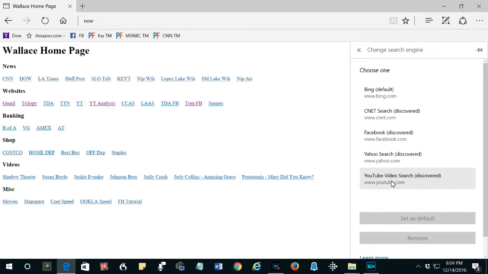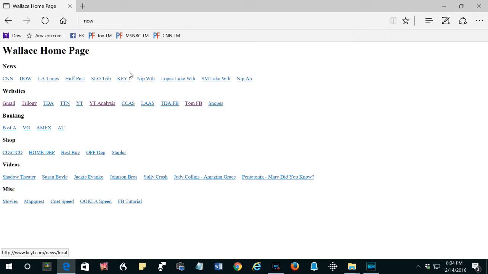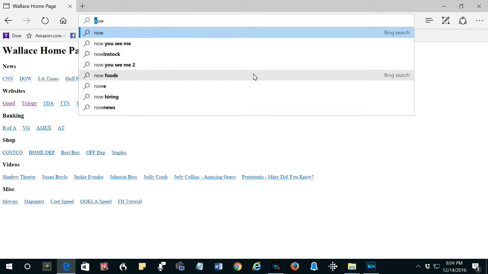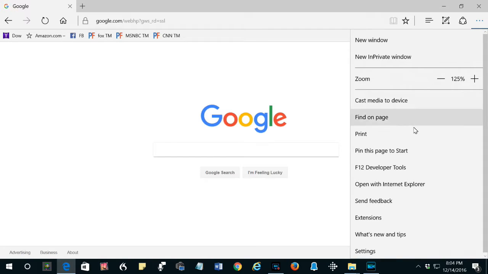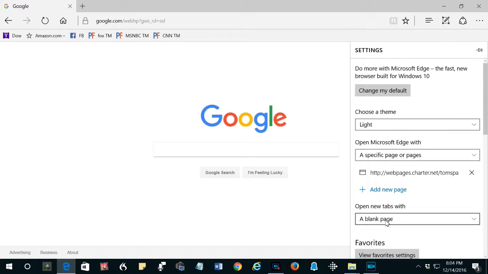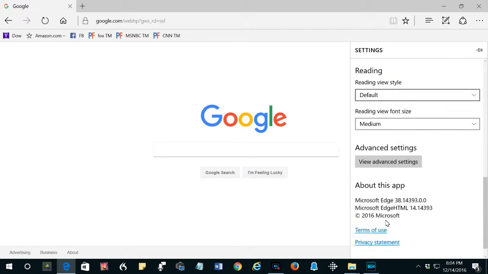So what we need to do is close the pop-up, go back and open the Google page, and we'll Bing for Google, if you get my drift. Okay, we're on the Google search page. Now we'll click the ellipsis again, go down to settings, go down to advanced settings,